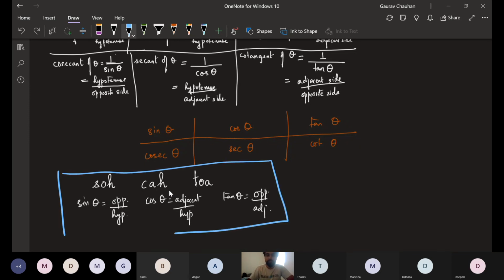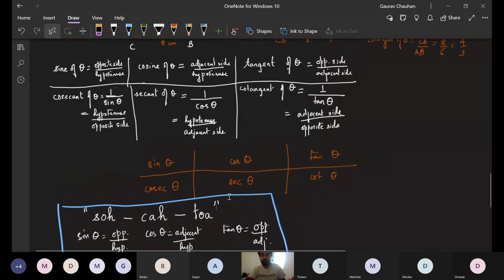We will write this also, but separately. You should remember all three together. You should remember SOHCAHTOA. Say it out loud with me. SOHCAHTOA. Say it to the person who is sitting next to you. I want you to say it out loud because it's a mnemonic. When you say it, you will remember. It's something where you have to remember the sound. SOHCAHTOA. Thank you, Dilruba. Once you remember this, all the formulas are in this only. The entire formula of trigonometry is inside this. Once you know this, all of this is done.